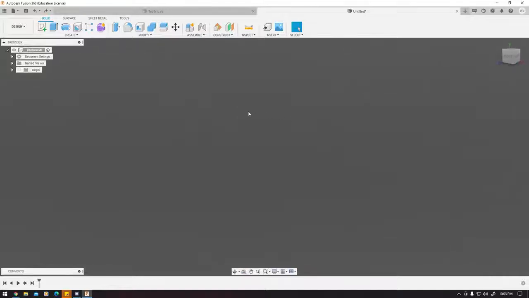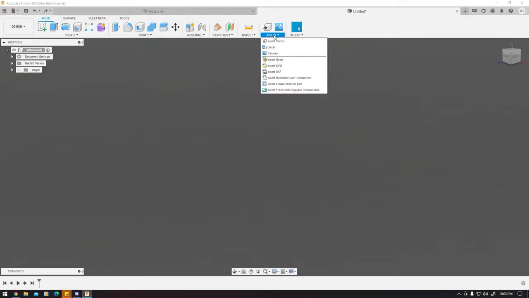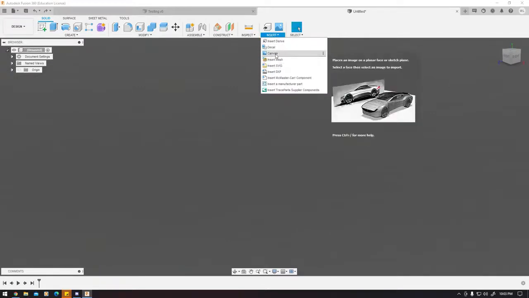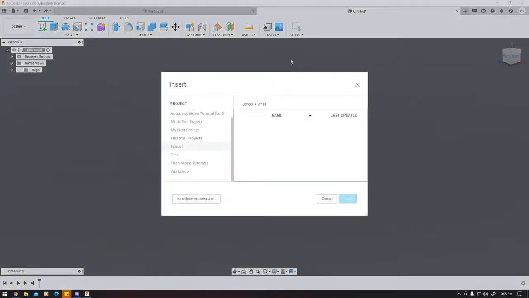Today I'll be doing a small wheel tutorial. Very simple but easy to grasp. So let's get started. So first off, I'll head over to the Insert drop-down menu, navigate to Canvas, click on it,